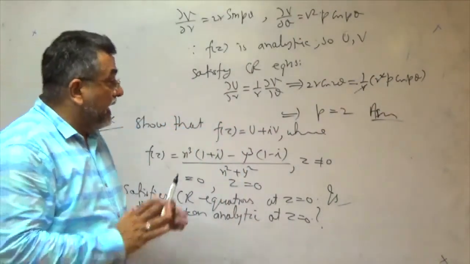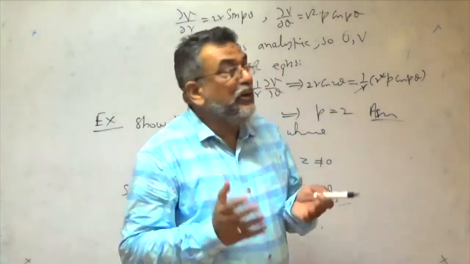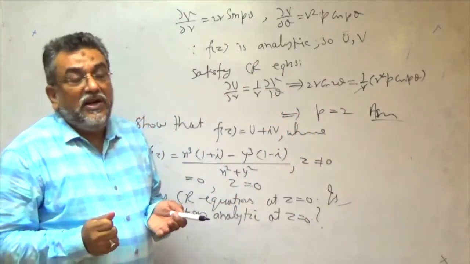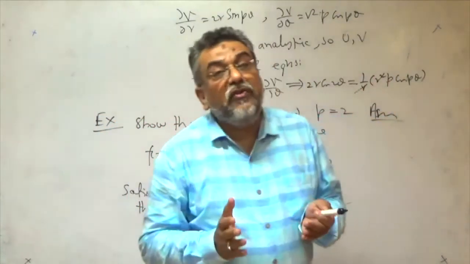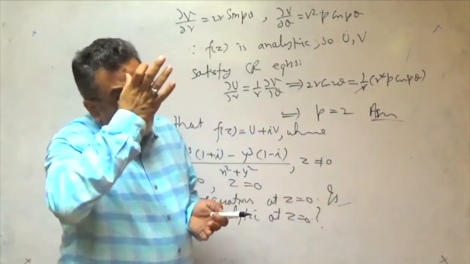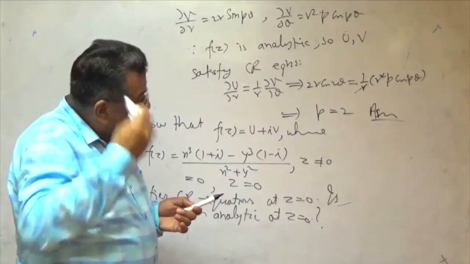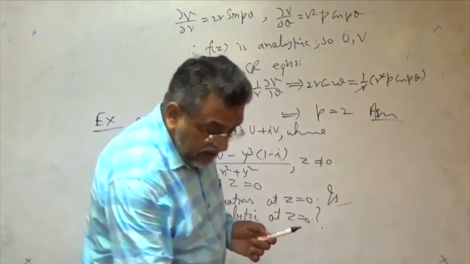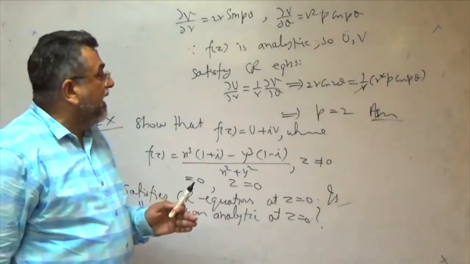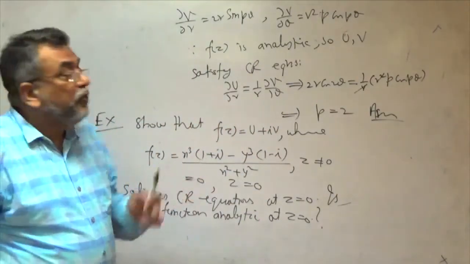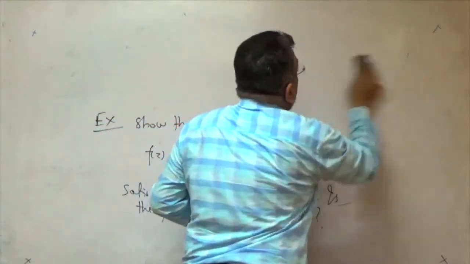Although I have defined an analytic function at a point, I told you a function is differentiable at a point and also differentiable in the neighborhood of that point, then we say that the function is analytic at that point. So here we have to use this definition and also the concept of checking the existence of limit of a function of two variables. Then what is the solution? What is the process? You see,